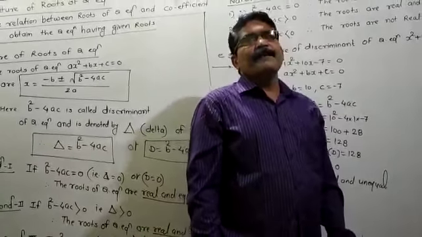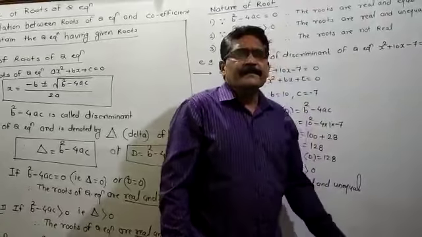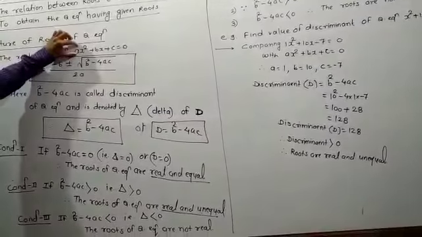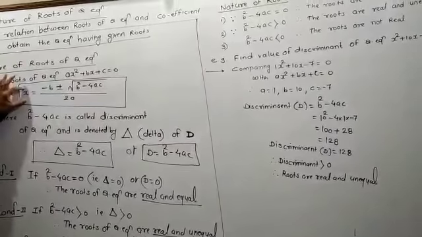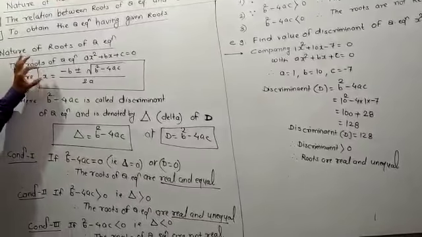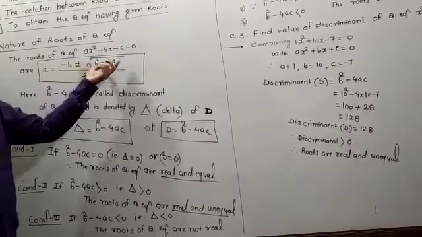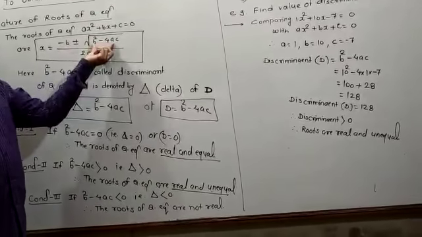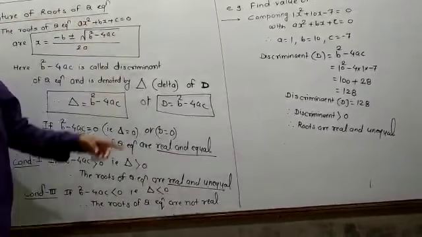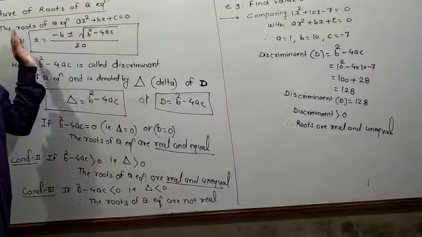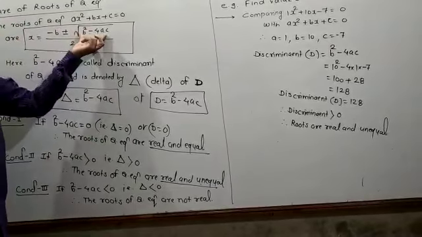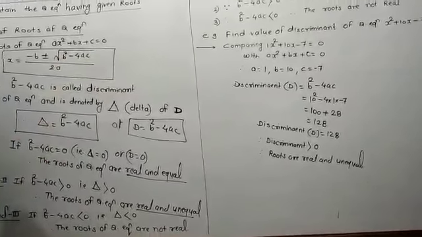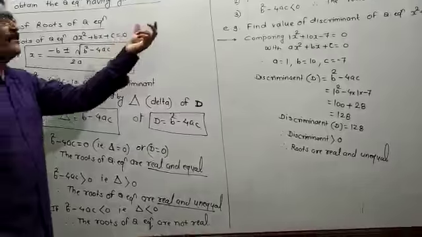Everybody understand? Our first topic I explained here. According to that, this is the standard form of the quadratic equation. You will find out the roots of the quadratic equation by the formula x is equal to minus b plus or minus square root of b square minus 4ac upon 2a, and this portion b square minus 4ac. Instead of solving the whole problem or instead of solving for the value of x, in short you will get the nature of the root by finding out the value of the discriminant.